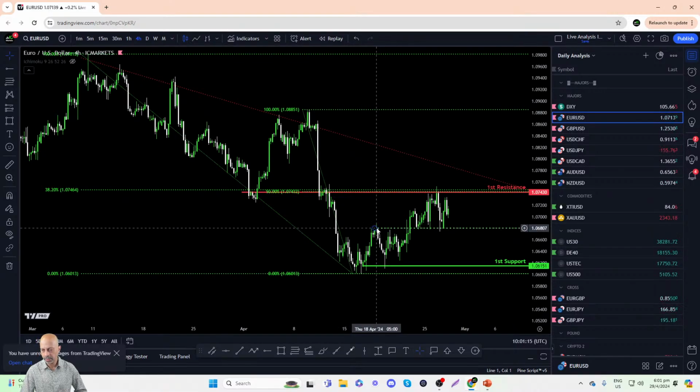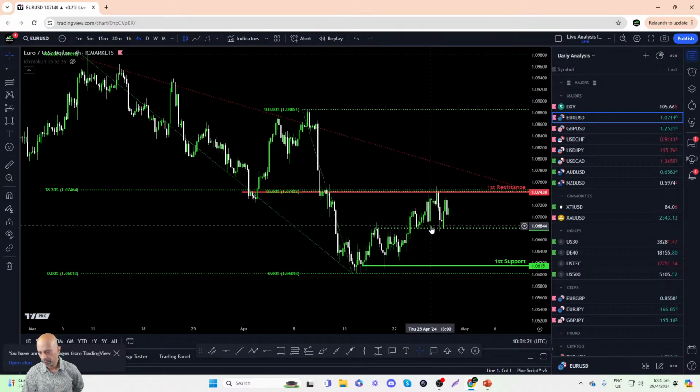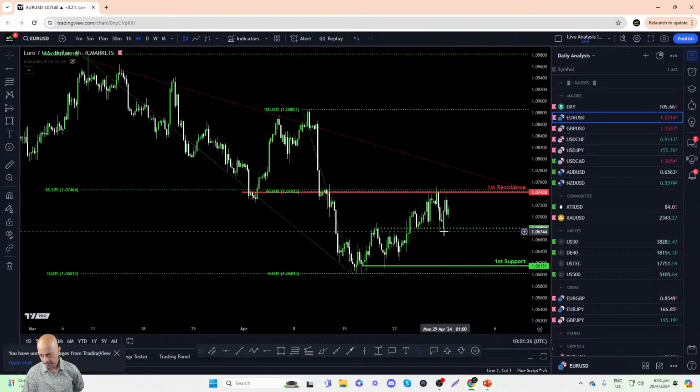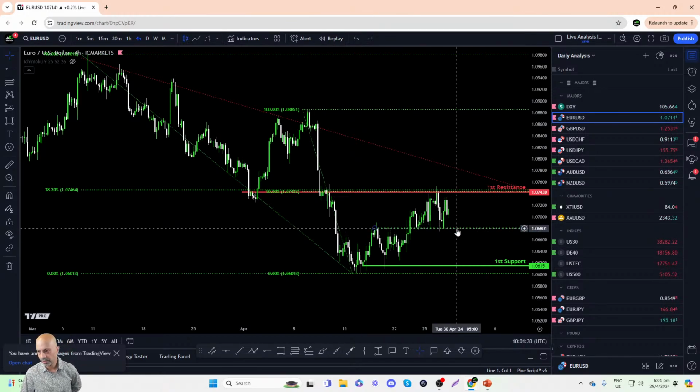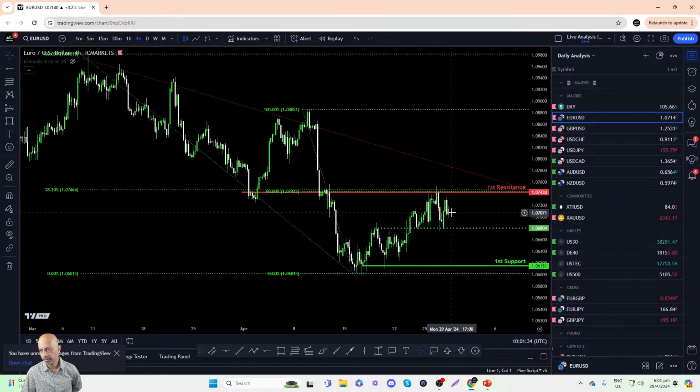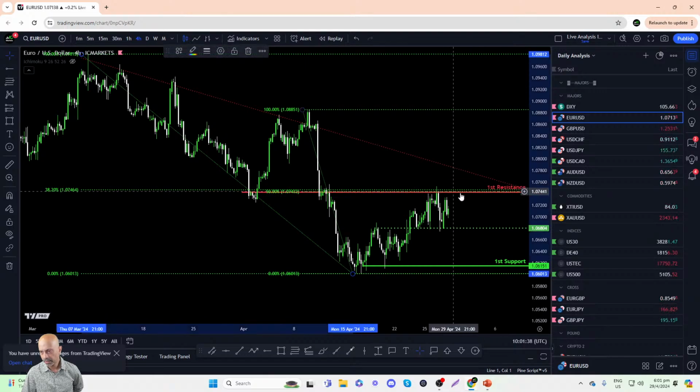Previously we can see the euro running into resistance here on 18th of April, after which it proceeded to find support on 24th of April, the 25th, 26th, as well as earlier this morning at today's market open. So this creates a pretty significant overlap level where the euro has bounced off recently. Take note, if you are long the euro, targeting the region of the first resistance is a suitable take profit zone.